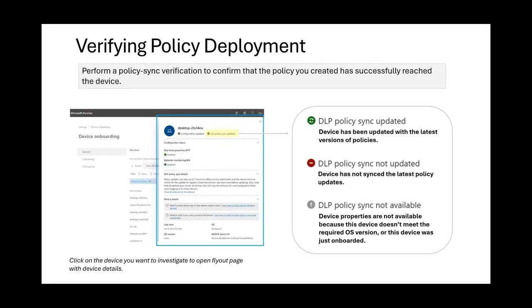Addressing specific needs. What can you do if you want to verify a policy deployment? This can be very useful when you create or when you modify a policy and you want to confirm that that policy that you created has successfully reached your device. So how can you make sure that